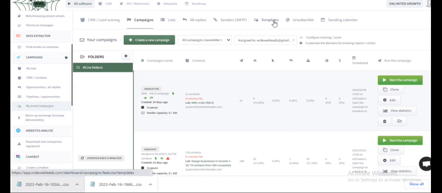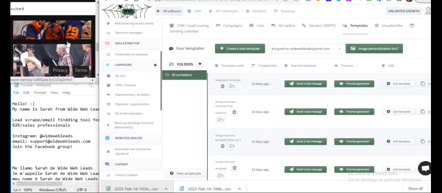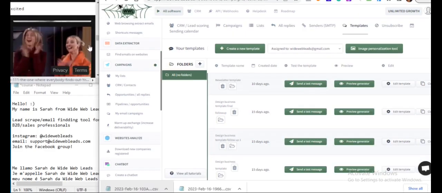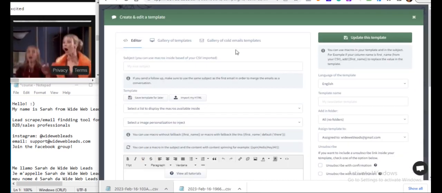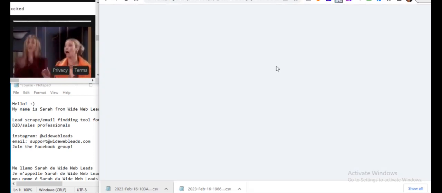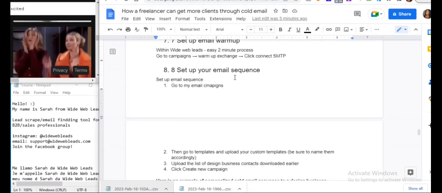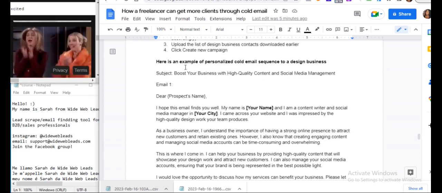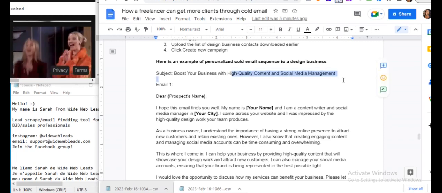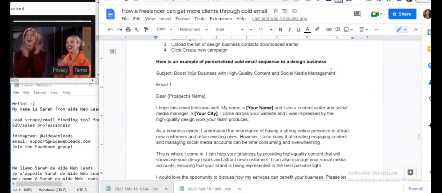You want to go to templates. So yes, you want to go to template, create a new template. Okay. And in the course here, I have added a few templates that you could use. So boost your business with high quality content and social media management. Now, I wouldn't recommend using this.